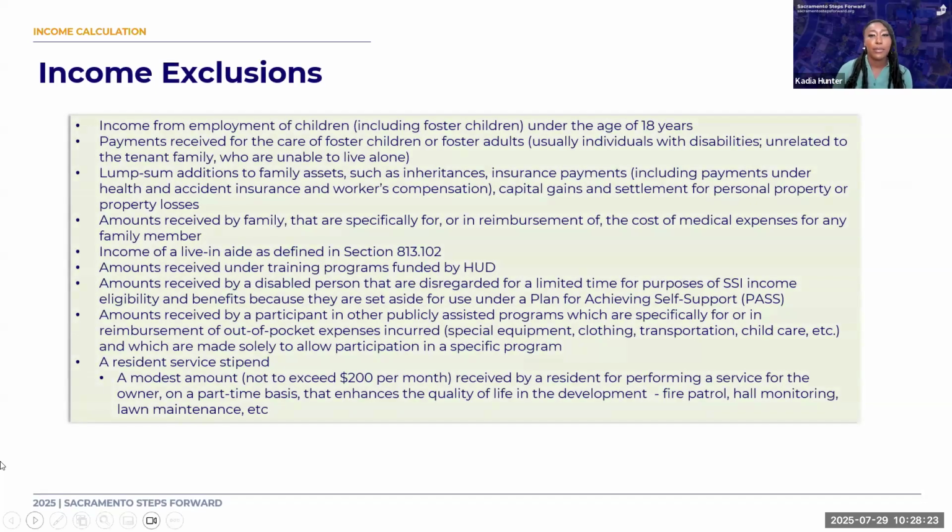Let's break down some common income exclusions in a simple way. These don't count toward a family's total: kids' earnings under the age of 18, including fosters, payments for foster care, one-time asset boosts like inheritance or insurance payouts, reimbursements for medical costs, living aid income, HUD training program funds, set-asides for disabled folks under past plans, out-of-pocket expenses, reimbursements for other programs, and small resident stipends up to $200 a month for community tasks like monitoring halls